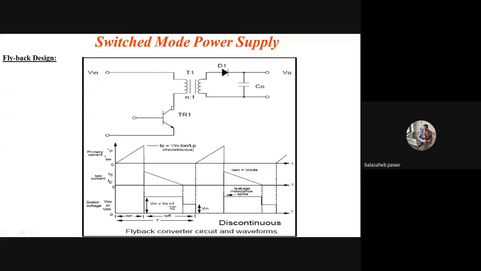And when a transistor, that means a BJT, operates in saturation, we know the voltage drop across that transistor is minimum, very, very less, or ideally it is considered as 0 volts. So during its on state, during T on, the switch voltage, mentioned either as VCE or VDS (VDS if it is a MOSFET instead of BJT), is shown as 0 volts, right? And whenever the transistor gets turned off, the switch voltage is shown somewhat large, correct?